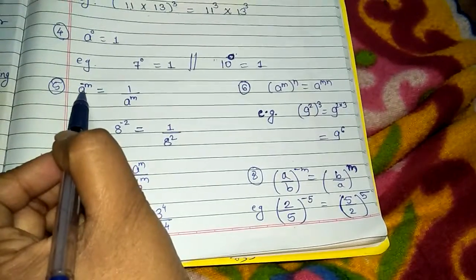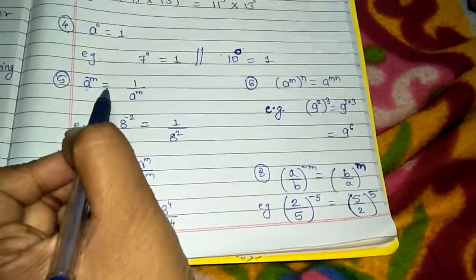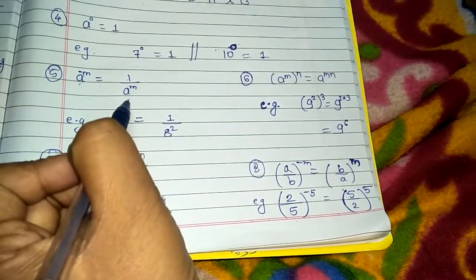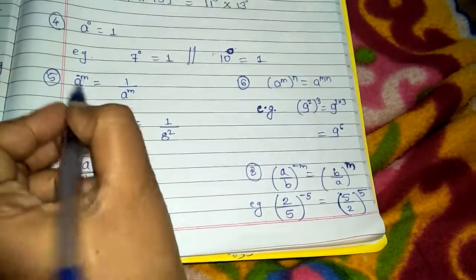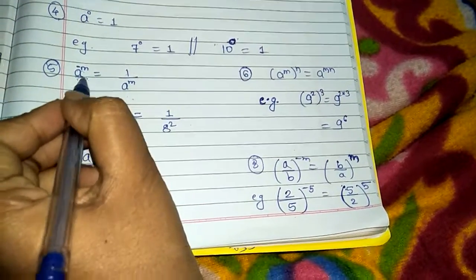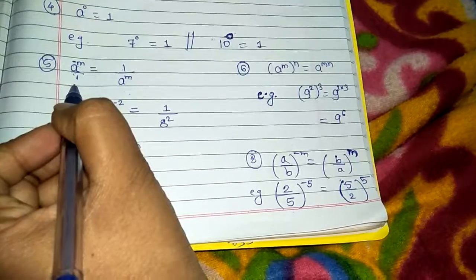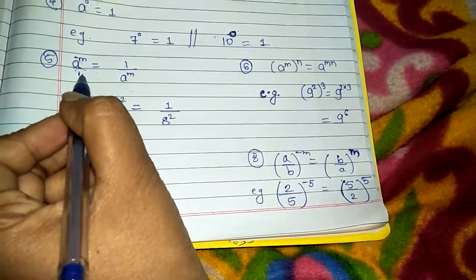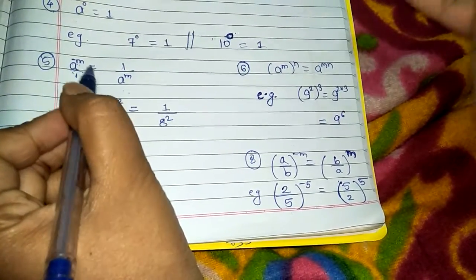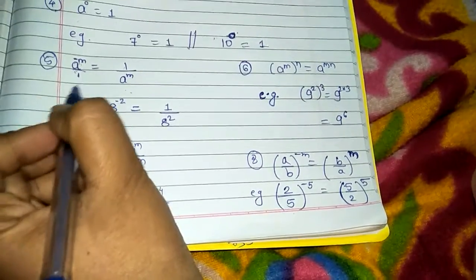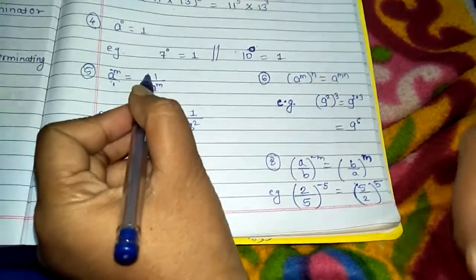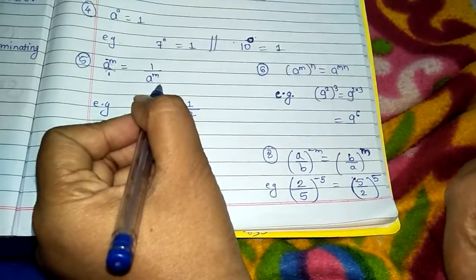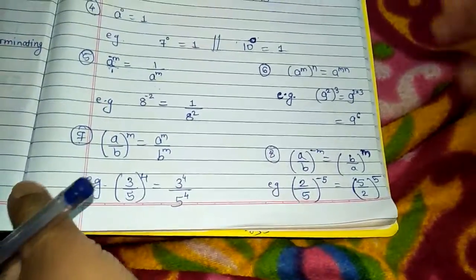So now here, a power minus m is given, equal to, they are saying, 1 upon a power m. It means here there is minus m. If we write it as a fraction, for a the denominator is nothing, meaning there is 1. So when we shift this power m, it means we take the inverse of this fraction, so this minus m becomes plus m. And the numerator becomes the denominator. Inverse means its opposite.